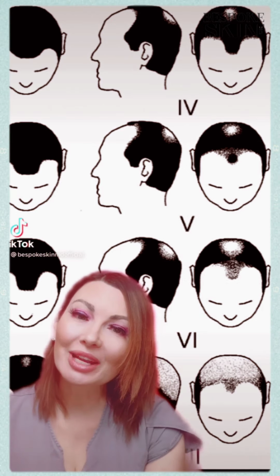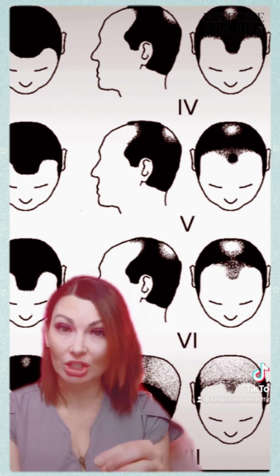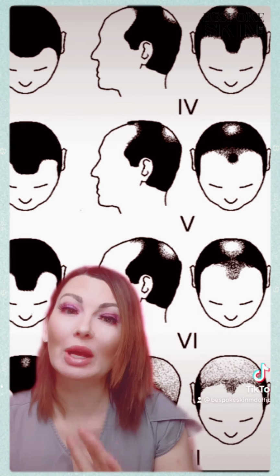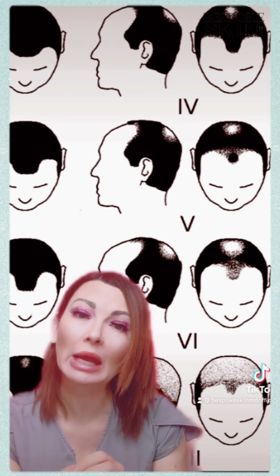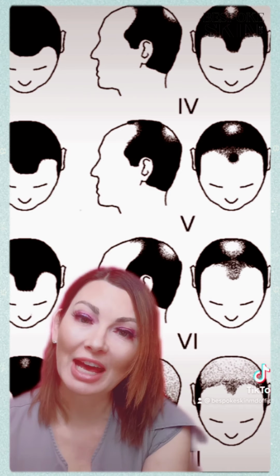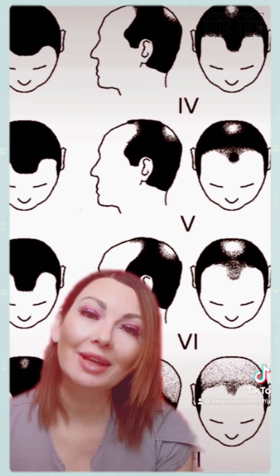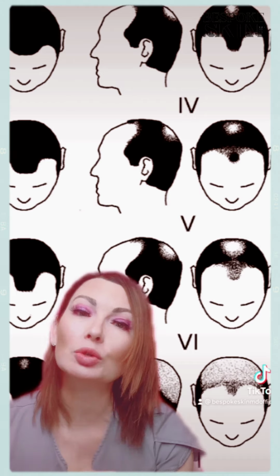So male pattern hair loss, we want to block the binding of that DHT onto those follicles to keep them healthy and keep that signaling pathway going. And one of the most common ways that's done is with a medication called finasteride, which can be taken orally or topically. The other way we can do it is PRP, platelet-rich plasma, where we are using your body's